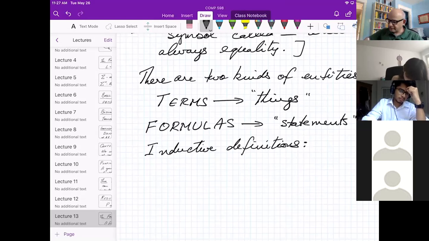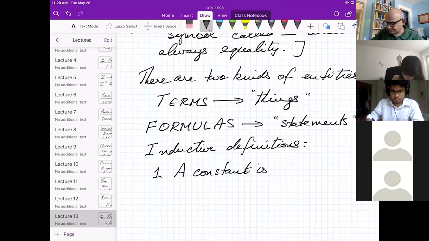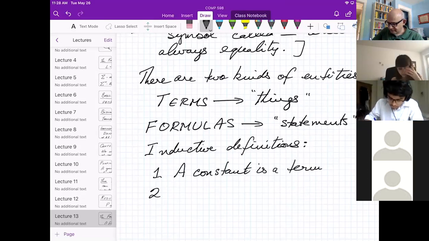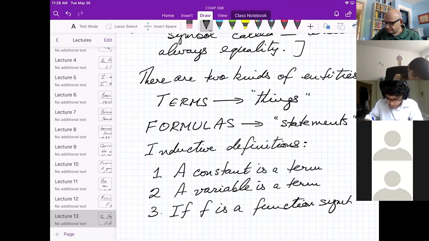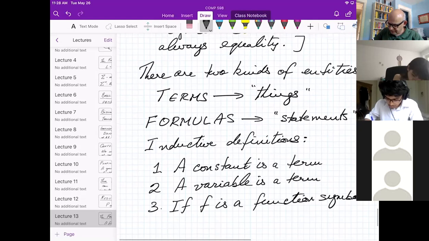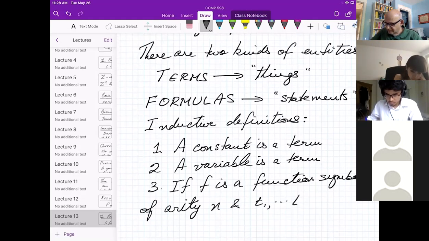Okay, so that should encapsulate in your mind the difference between terms and formulas. Now, the inductive definition of terms. One: a constant is a term. Two: a variable is a term. Three: if f is a function symbol of arity n, and t1 through tn are terms, then f applied to t1 through tn is also a term.